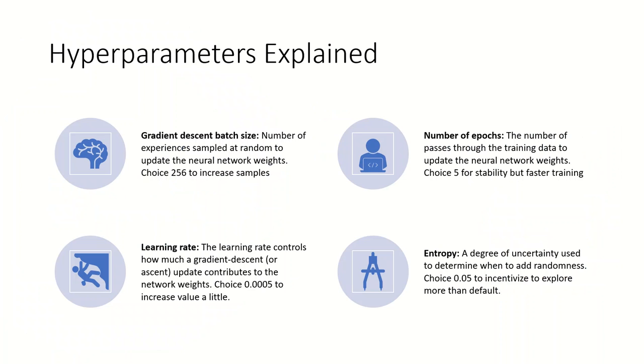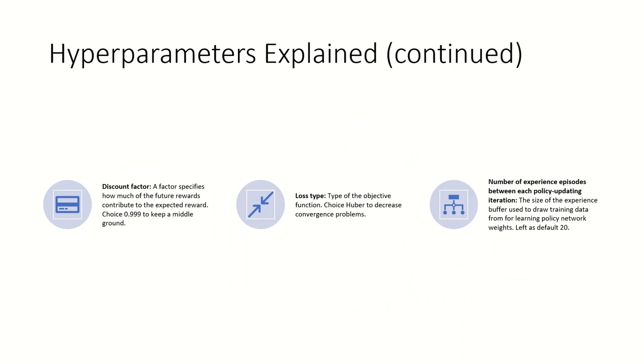So these are the hyperparameters that I chose. You can stop the video to read more about them. But basically, I chose 256 for the gradient descent batch size. I chose 5 for the number of epochs, 0.0005 for the learning rate, and 0.05 for entropy. Some other hyperparameters that I had to choose were the discount factor, and I chose 0.999 for that one. And then for the loss type, I kept it as the default Huber. And then for the number of experience episodes between each policy updating iteration, I just left it as the default